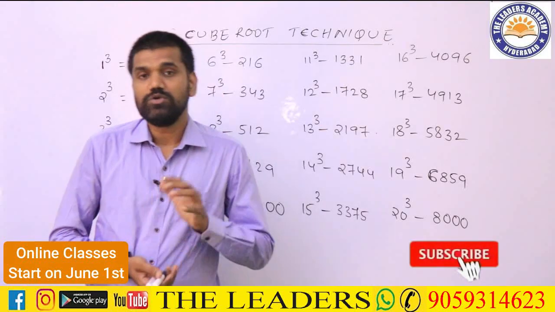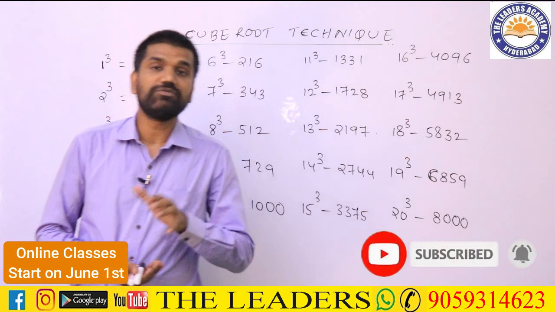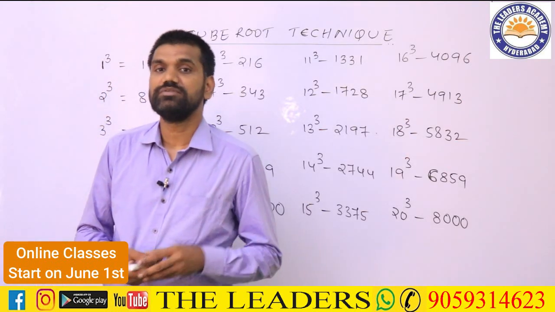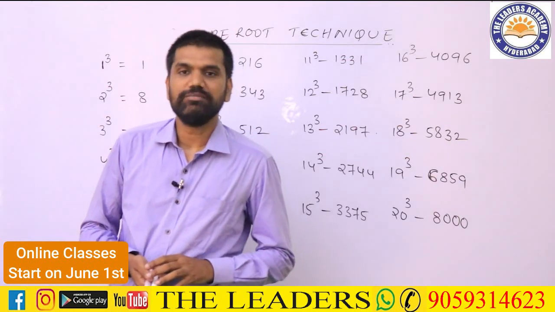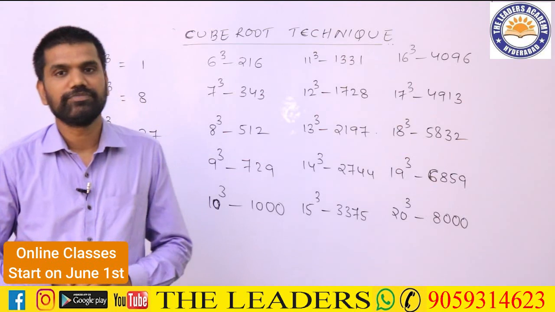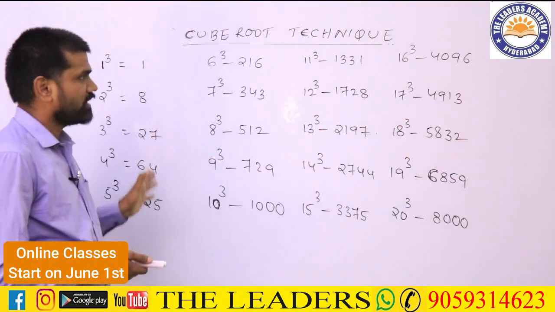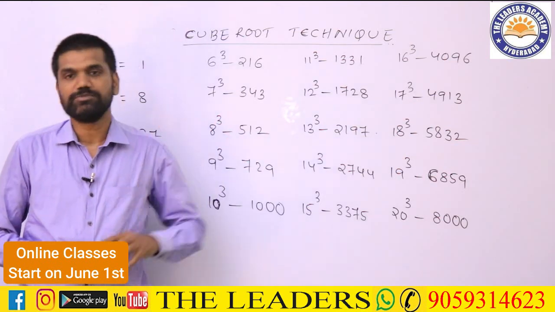Today let us learn how to find the cube root of a perfect cube number that is given. In order for you to find the cube root of any perfect cube, first you have to be aware of the cubes of the numbers at least up to 20, so that you can manage finding the cube roots easily. So if you are aware of this list of cubes that I have written over here up to 20, finding the cube root of any perfect cube is always possible.